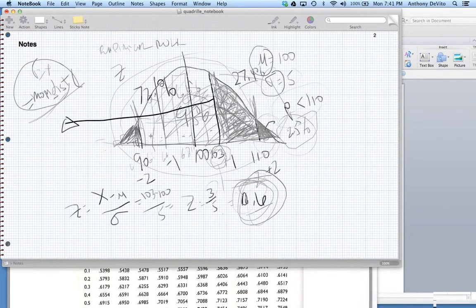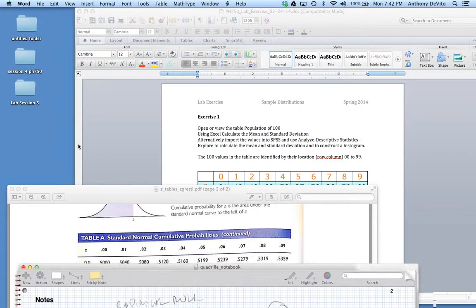Same goes for the standard deviation. I have a better estimate of the spread or the distribution of the population if I take a larger sample as well. So we're really interested in samples, and samples behave in a very interesting way. Okay, and we're going to give that a try right now.